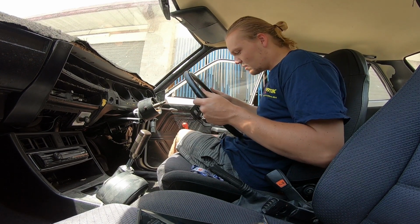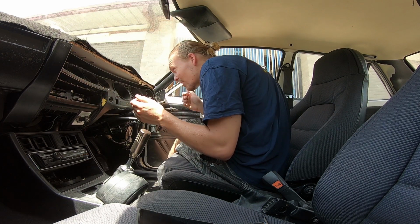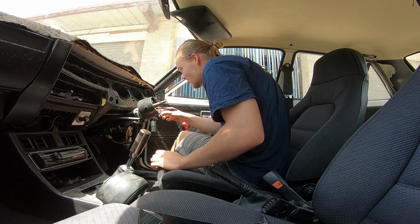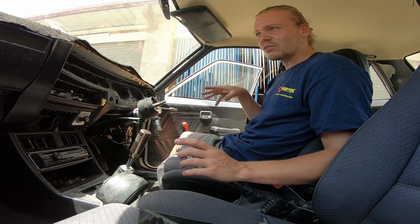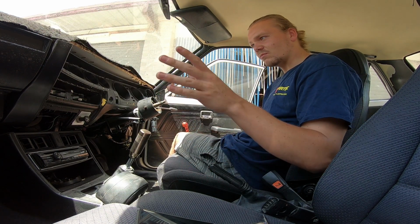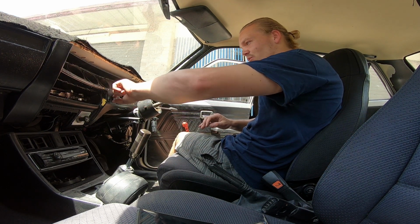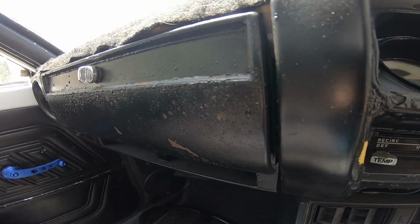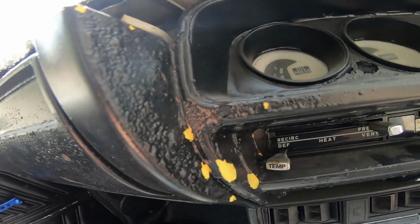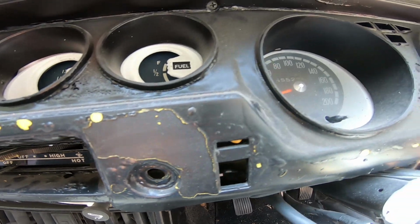Oh my god. We're going to be figuring out how to get this dash out to start with, because we're going to do a dash flock. This whole section is just junked. I don't know what they were trying to achieve when the previous person did this. Look at all of that. That's so bad. Who did this and thought, yes, it looks...